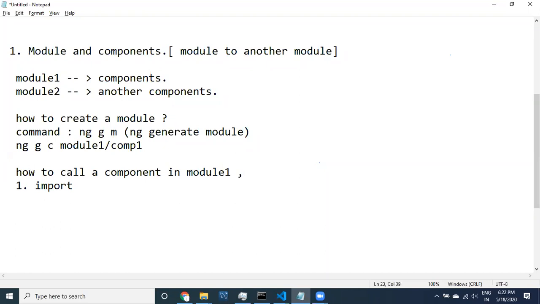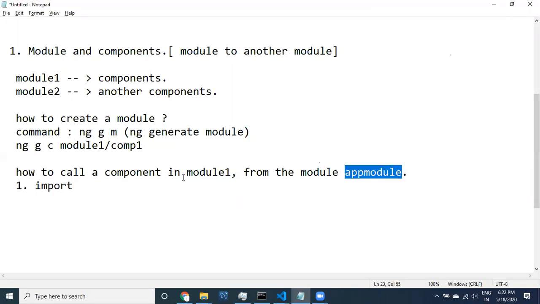How to call a component in module 1 from the module, the app module? How to call it?